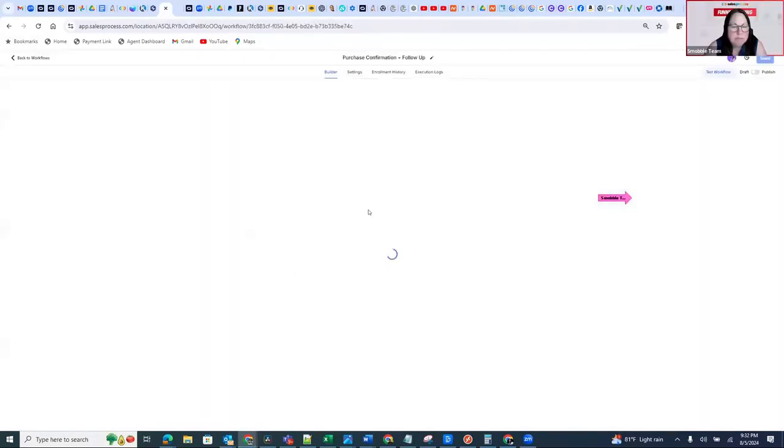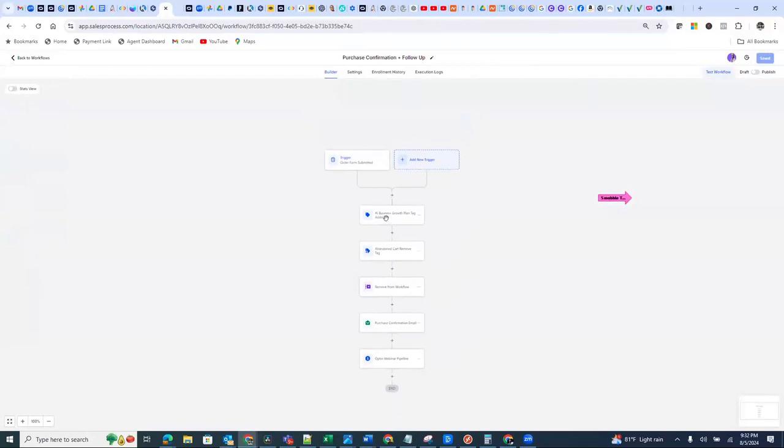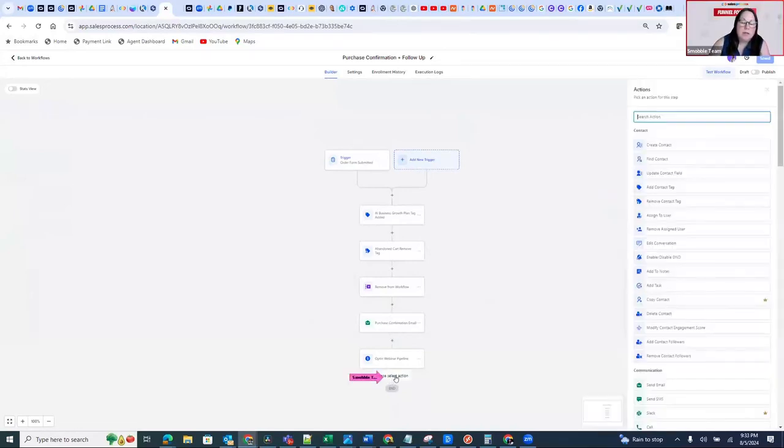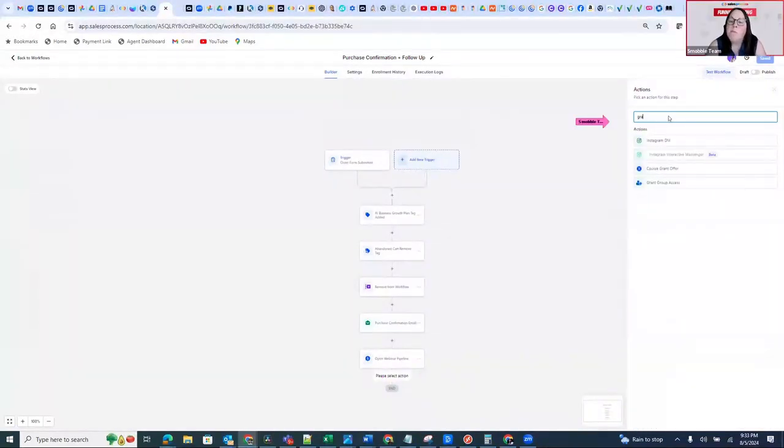All right, let me move to that workflow real quick. So this would be the one where we do the purchase. We did the trigger. Now we want to add grant access. The internal, you want to add the group access? Okay. So you can type in here group access. But is this right here? That's for a course. You said it was for a group? It's for a course. Oh, okay. But for now it might be built in the group.